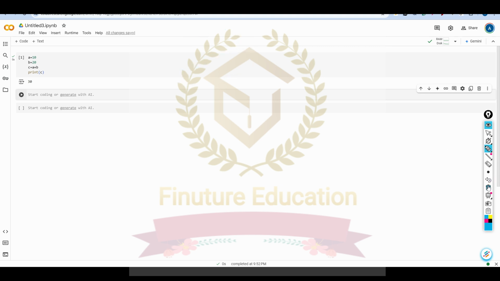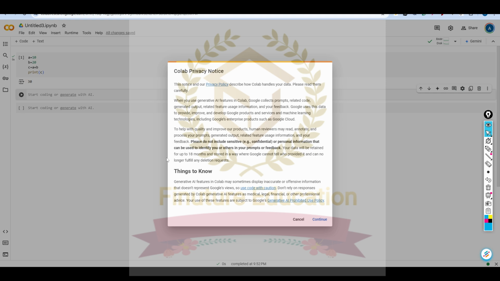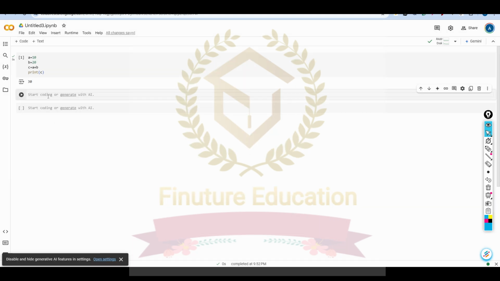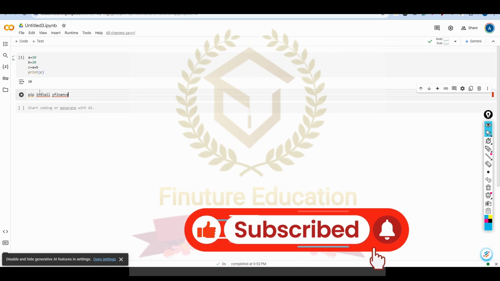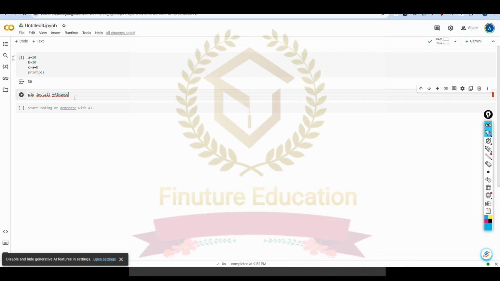The short name is yfinance. The actual library name is yfinance. So we need to install that library first, and only then will we be able to import the data. What I can do here is run the command pip install yfinance. This is a special command in Python. We will learn later in the full course what pip is, but this command we use to